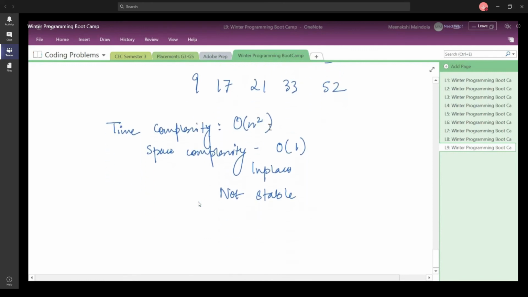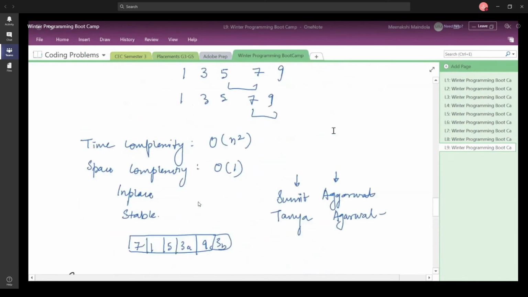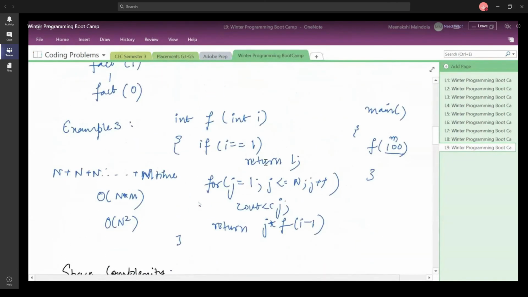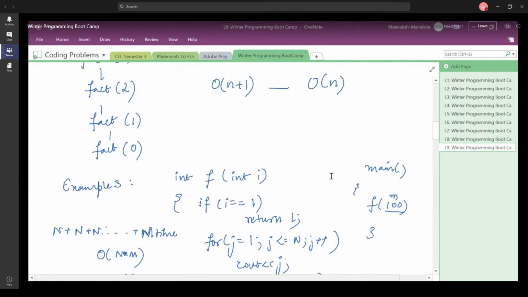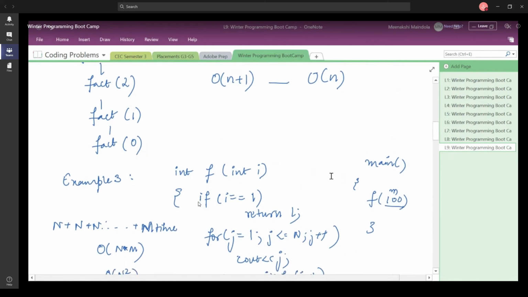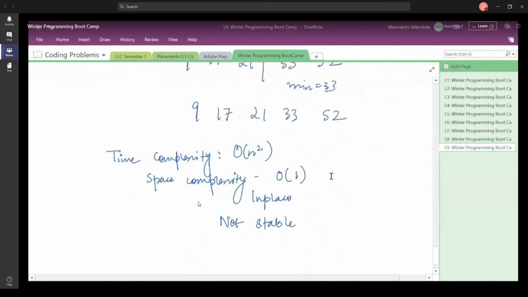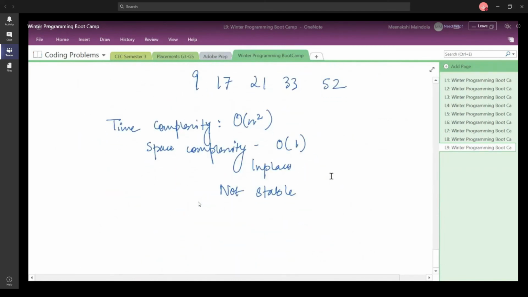Today, in terms of time complexity, we have discussed only those examples where the time complexity was order of n square, or order of n. In the next class, tomorrow, we are also going to discuss time complexity of order of log n or n log n. We didn't have the complete time to look at time complexity in today's class, so we will continue in tomorrow's class, and then go on to understand merge sort and quick sort as well.